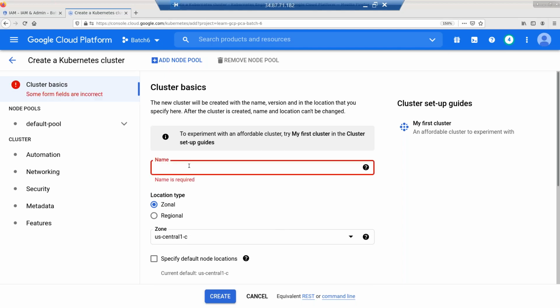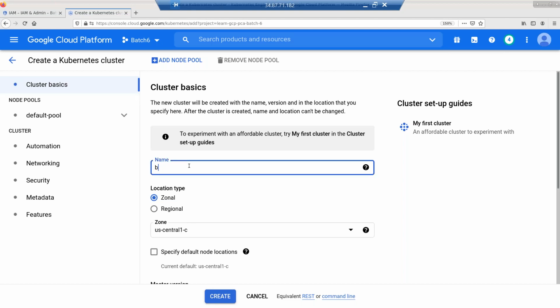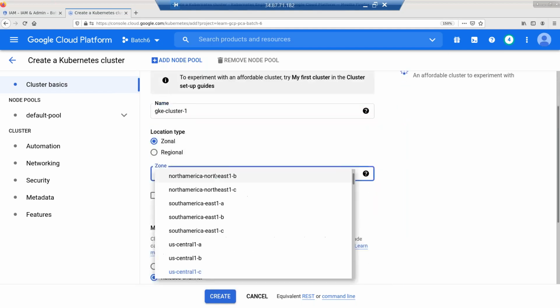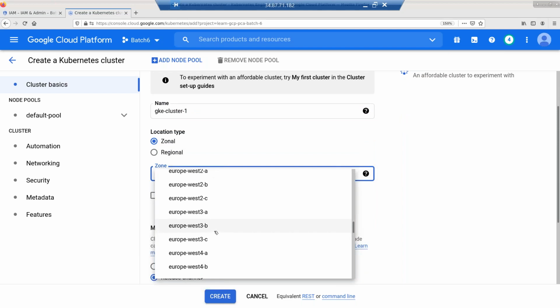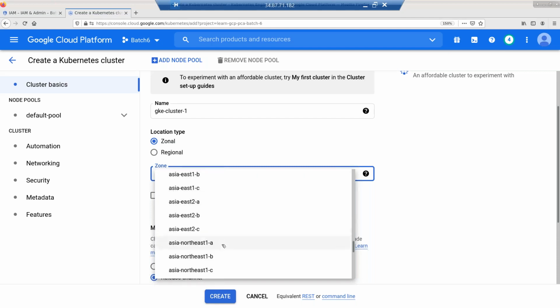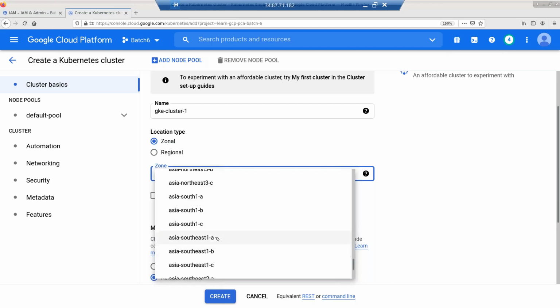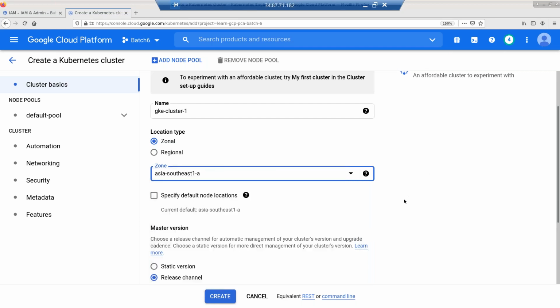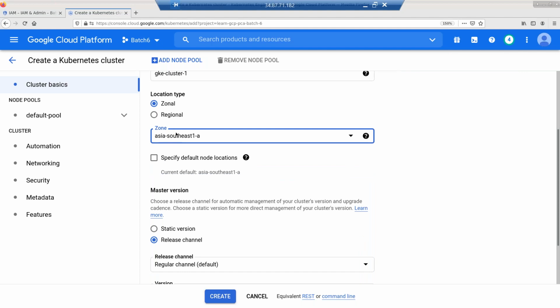So let me just do this back, something like GKE cluster one. So we selected, what did we select? We selected a specific zone, and you will have all the 73 zones. You can count it. It's going to be 73. So in every zone, you can have a Kubernetes cluster provisioned. So we selected Singapore A. That's it. Now, the moment you select it, what's going to happen is